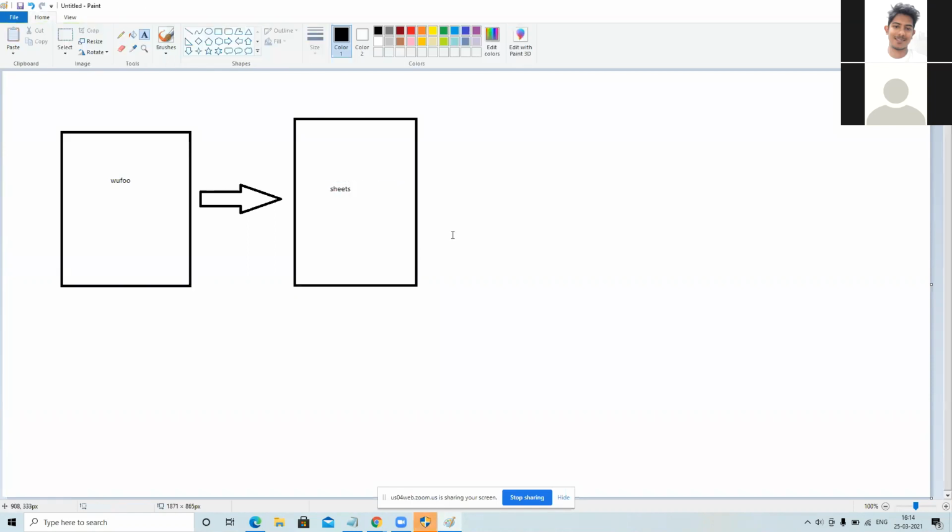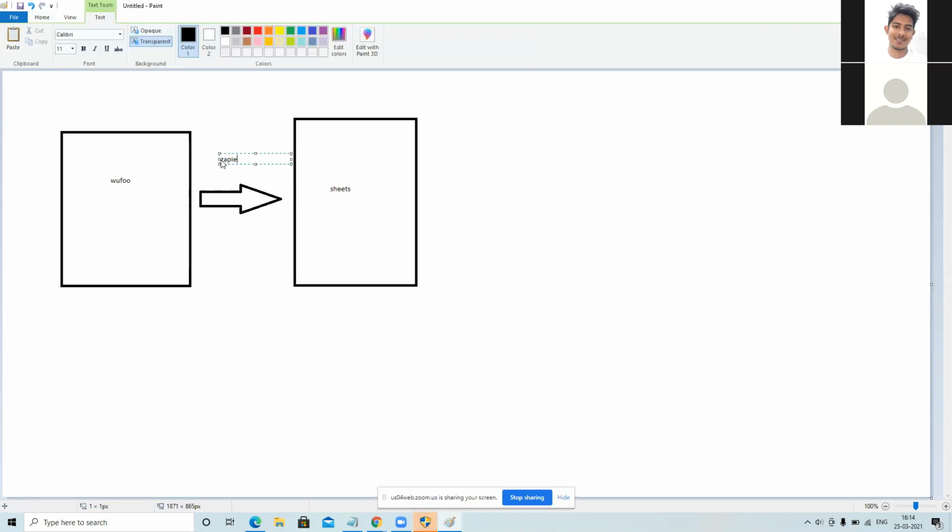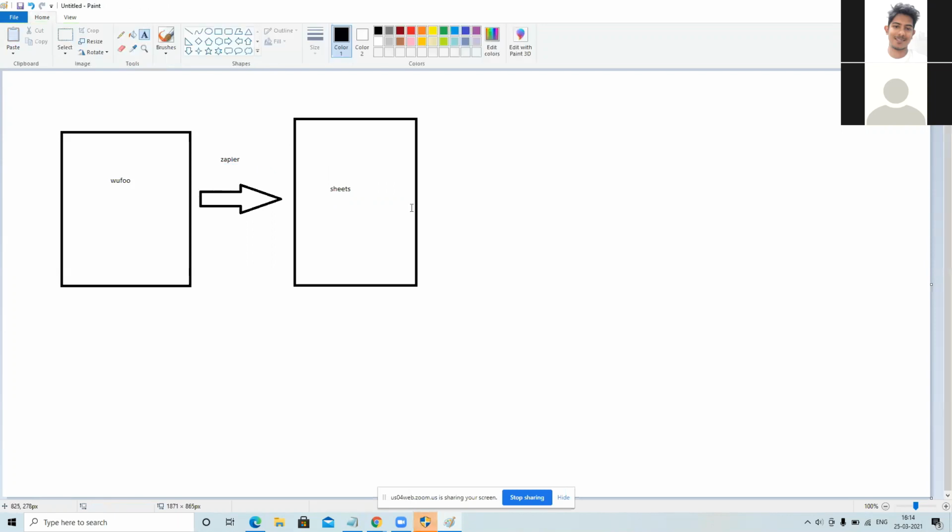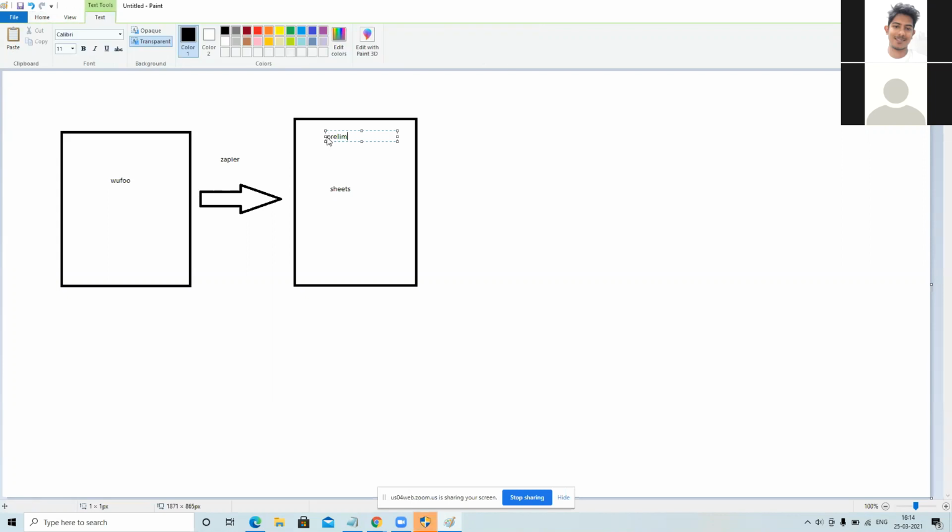In this Google Sheets, there are a lot of things which they fill in, but I only get name, email address, their city, and their phone number. These are the four details I fetch from the UFU form and use Zapier to make a sheet. This sheet, which comes from the UFU form, is called the prelim sheet.